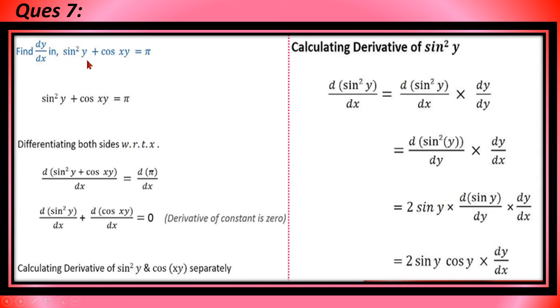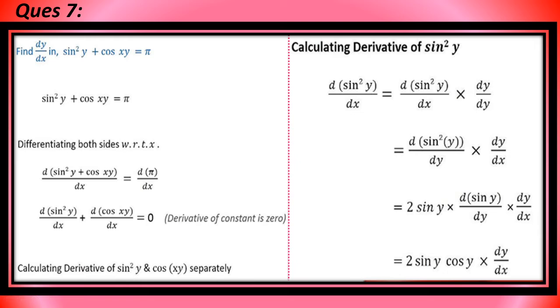Question number 7. Sine square y plus cos xy equal to pi. Let's take the derivative of all the terms. Derivative of the constant on the right side, which is pi, will definitely be 0. Now let's talk about the derivative of sine square y and cos xy separately, just to